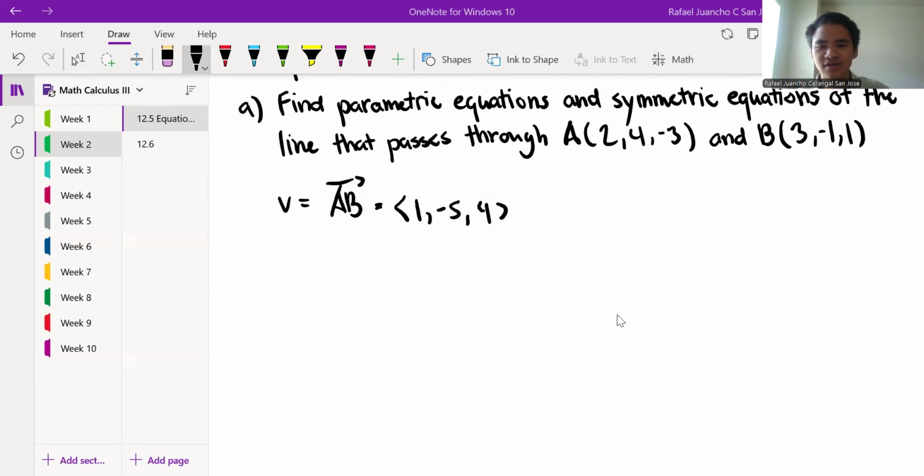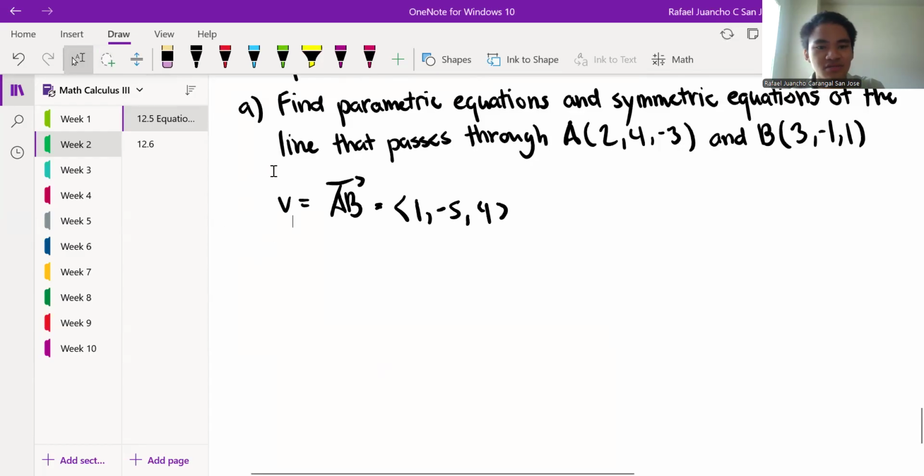And from here, we actually have direction numbers already. We have A is 1, B is -5, and C is 4. And we can take the point A, so 2, 4, -3, as P naught. And from there, we can find parametric equations and symmetric equations, right? Okay,